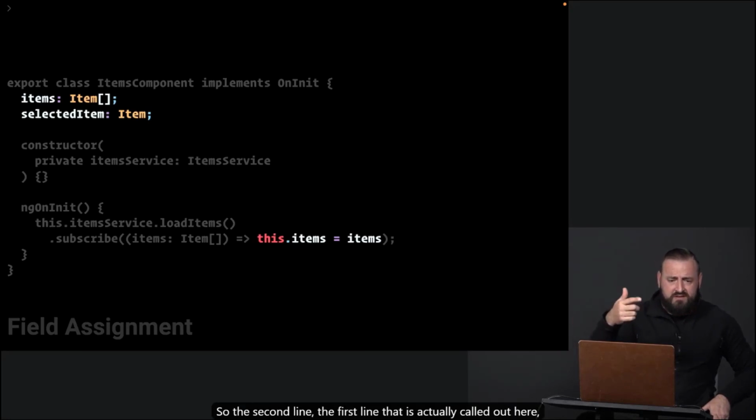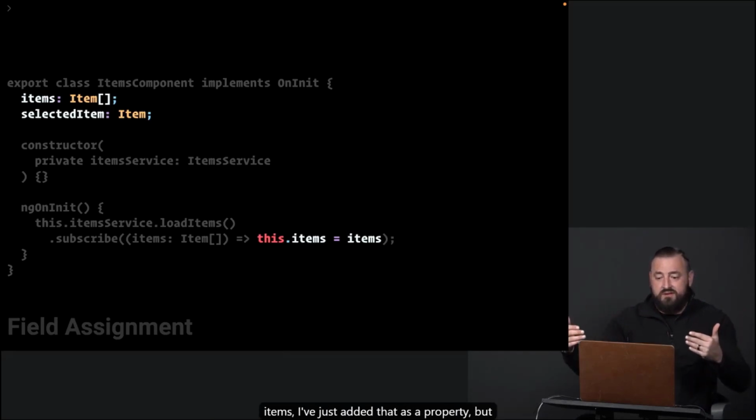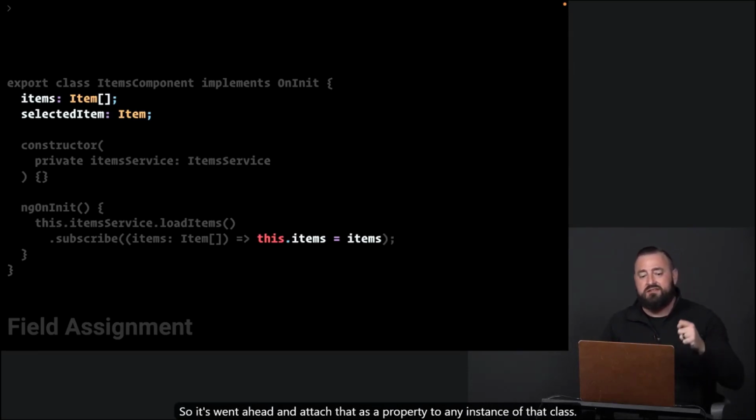So the first line that is actually called out here, items, I've just added that as a property, but then down at the bottom you can see it's this dot items. So it went ahead and attached that as a property to any instance of that class.